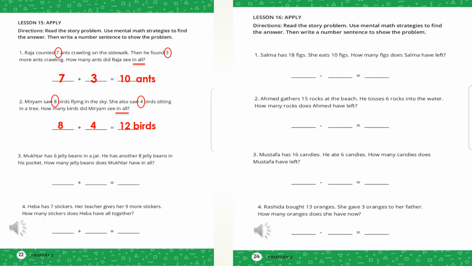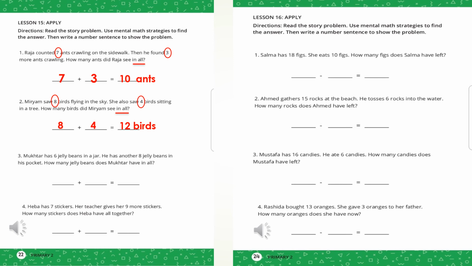Number 2 and 3 will be as a homework. Number 4. Rashida bought 13 oranges. She gave 3 oranges to her father. How many oranges does she have now? Okay, we will circle 13 and circle 3 and underline which keyword. Let's read carefully. She gave 3 oranges. She gave. If I have 13 and I gave my friend or my father, it means the oranges I have